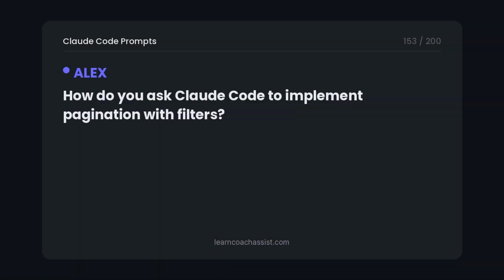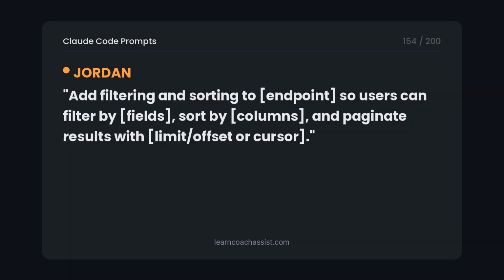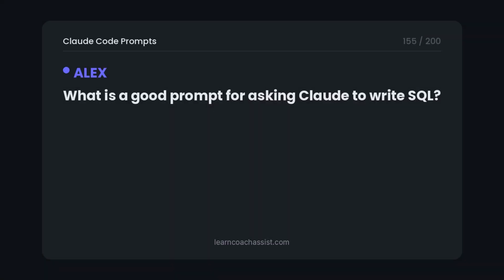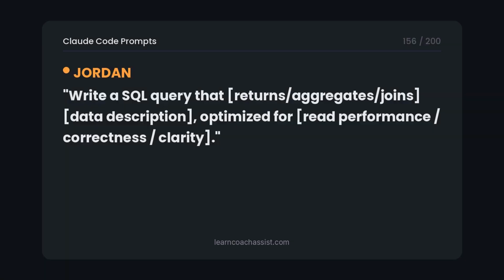How do you ask Claude Code to implement pagination with filters? Add filtering and sorting to endpoint so users can filter by fields, sort by columns, and paginate results with limit/offset or cursor. What is a good prompt for asking Claude to write SQL? Write a SQL query that returns/aggregates/joins data description optimized for read